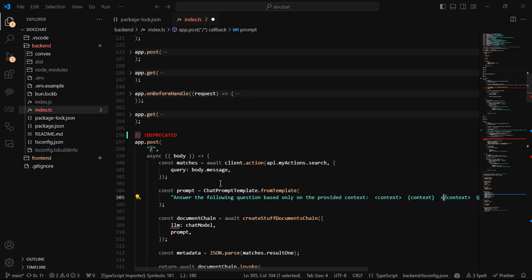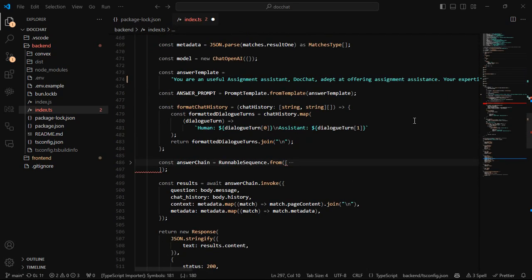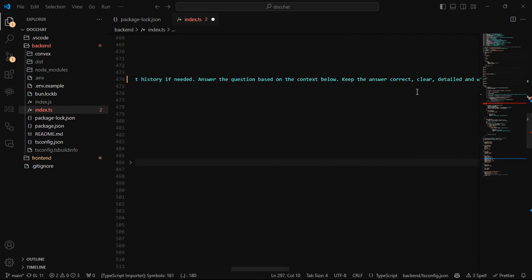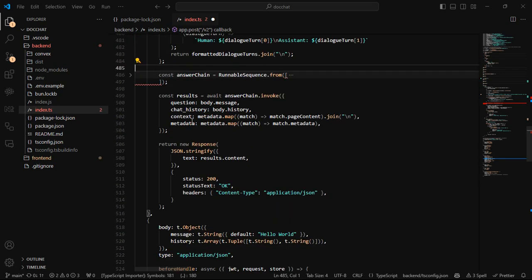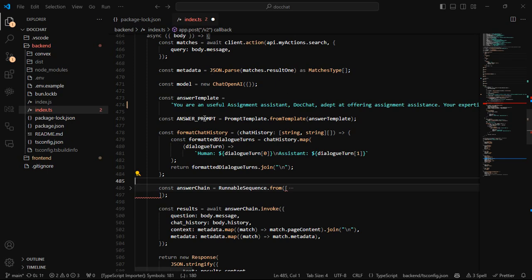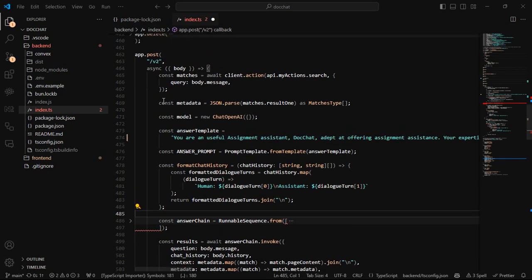Context was a closing sort of a tag, right? So let me also add those here. So chat history starts there, closes here, context starts there, and then closes here, and then my question is here, and closes here. Right. So creating a template, and then I later fill in that template. I also send the chat history to the AI bot,